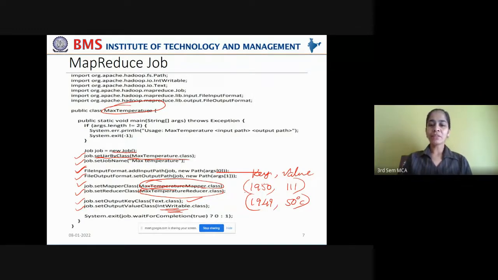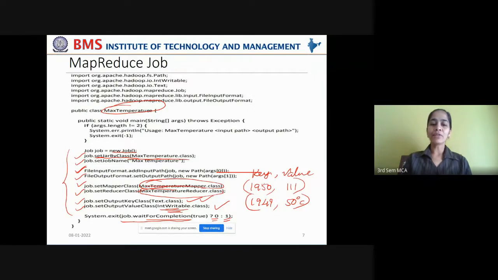Okay, now in this case, the key value is set and the values data type is also set. Finally, the job is packed with all the essential details, and you call the wait for completion method on the job instance. As long as it is waiting, it will give 0 as the value, and once the task is completed, it will return 1 as the value.